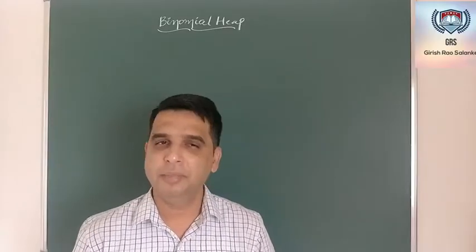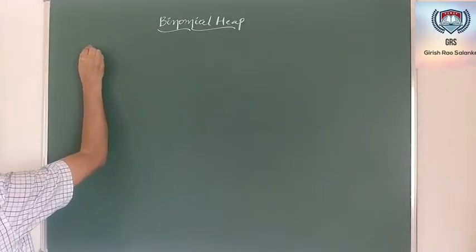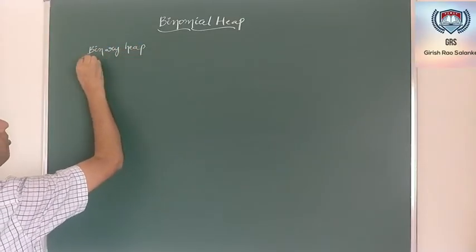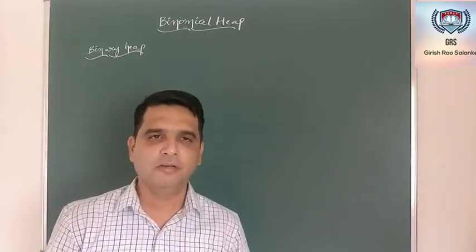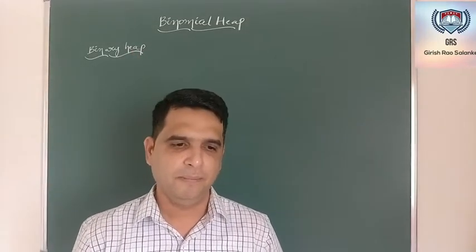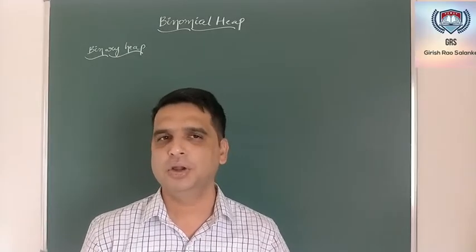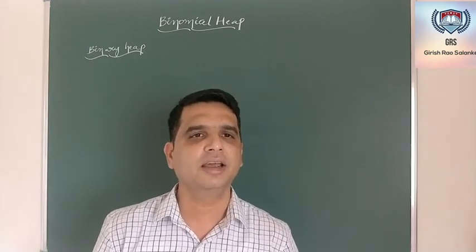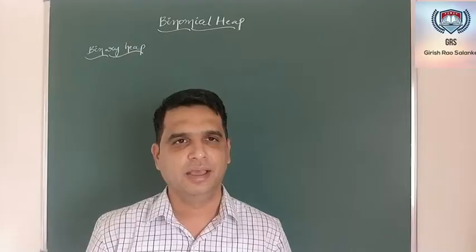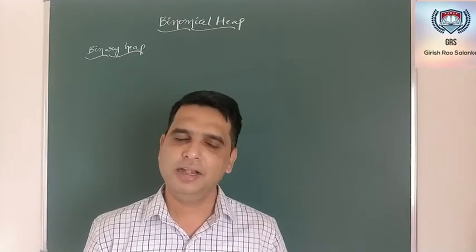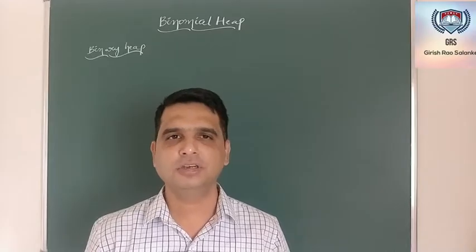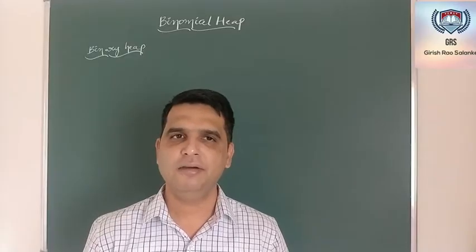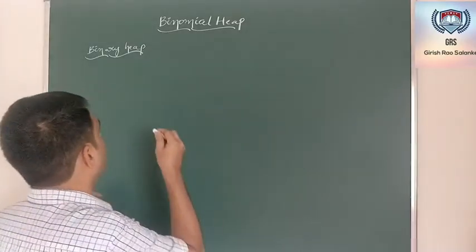So coming to binary heap, a binary heap or just a heap, we all know that a heap is basically a binary tree data structure which should have two properties. One property is the structural property, wherein we say that it should be an almost complete binary tree. Either it should be a complete binary tree or it might be an almost complete binary tree. Almost complete binary tree in the sense, apart from the last level, all other levels should have 2 power i nodes. Say for example,